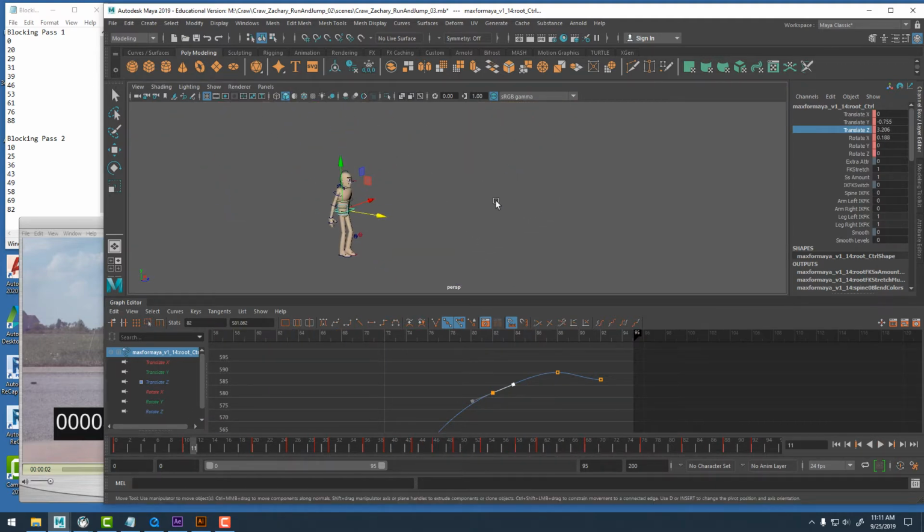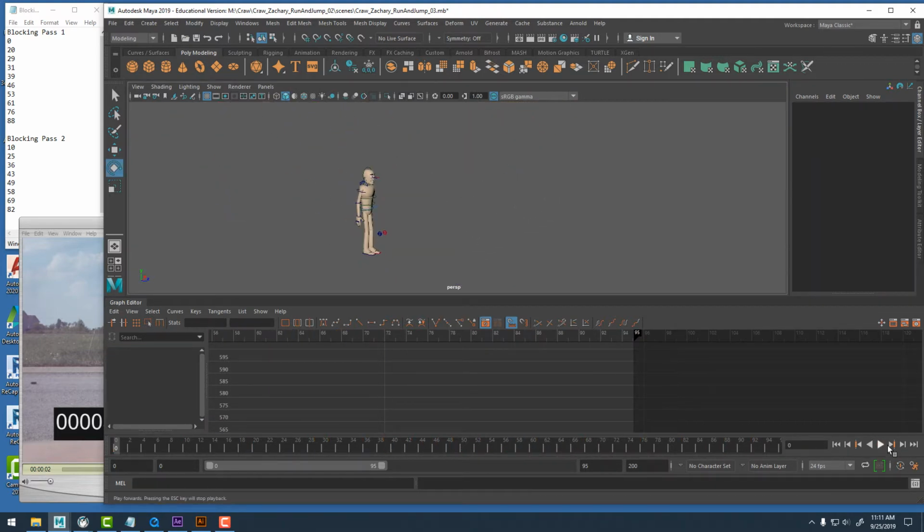So I could keep working on this. There's still a little bit of issue here with the overlap in the wrist, especially at the end, and I would want to spend a little more time cleaning that up, but I don't want to spend all class working on this, so I will stop here, and then the rest of class day will be work day today and